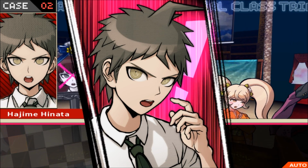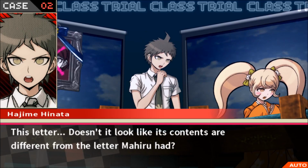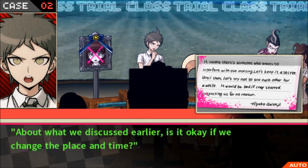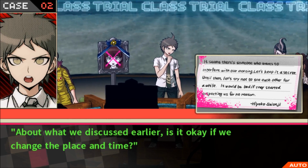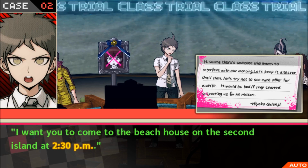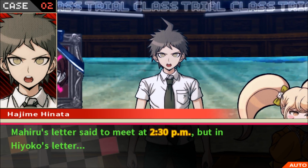I can prove it with this. This letter. Doesn't it look like its contents are different from the letter Mahiru had? About what we discussed earlier, is it okay if we change the place and time? I want you to come to the beach house on the second island at 2:30 p.m. Mahiru's letter said to meet at 2:30 p.m. But in Hiyoko's letter...